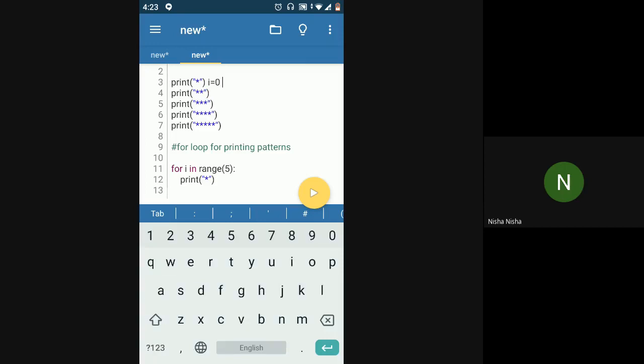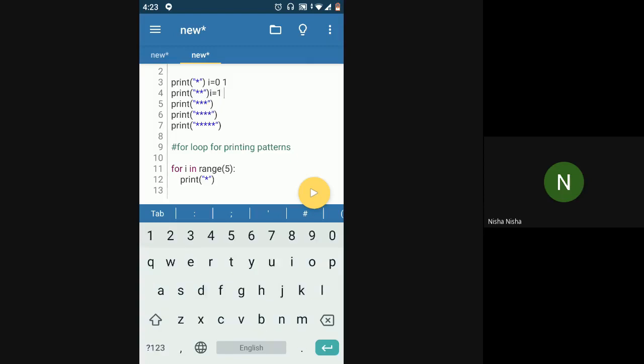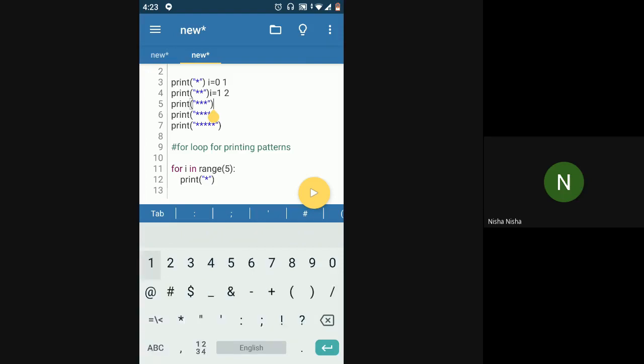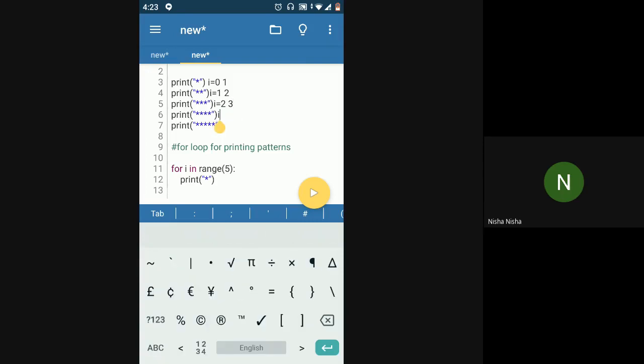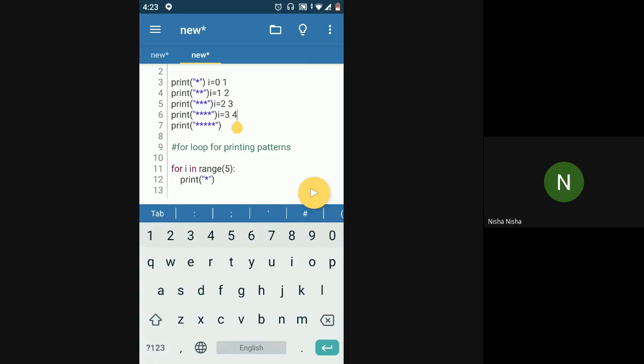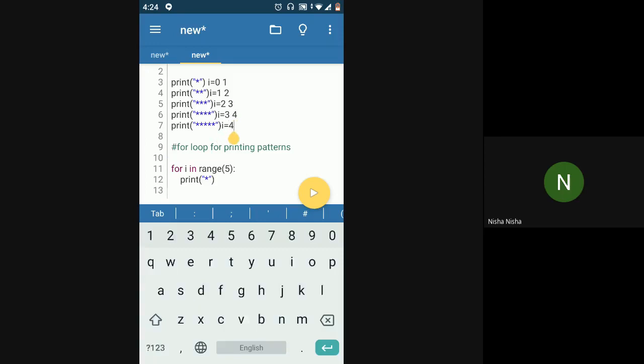Whenever I is 0, I want 1 star. Whenever I is 1, I want 2 stars. When I is 2, I want 3 stars. When I is 3, I want 4 stars. And when I is 4, I want 5 stars.